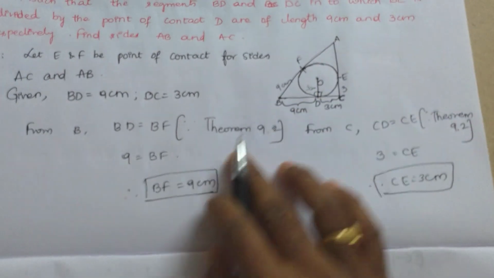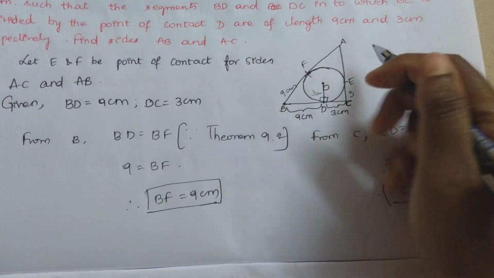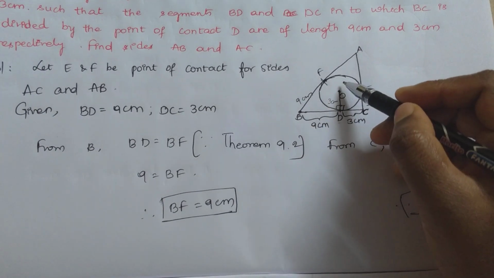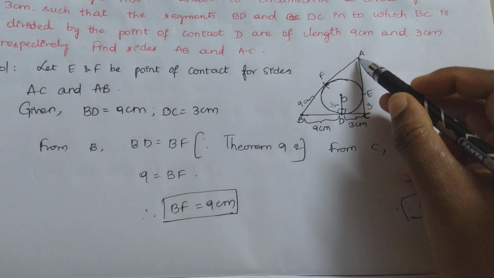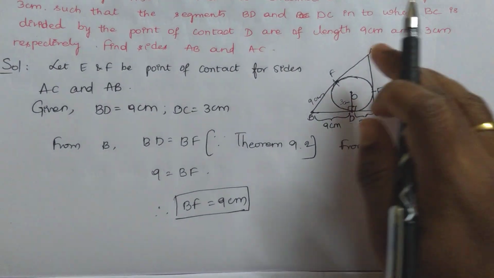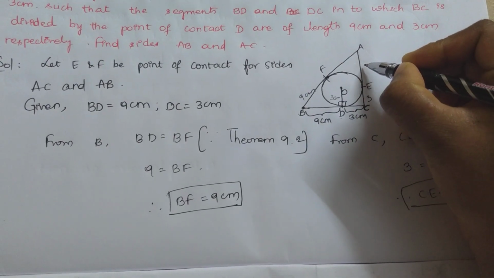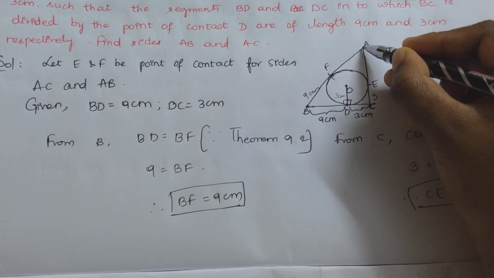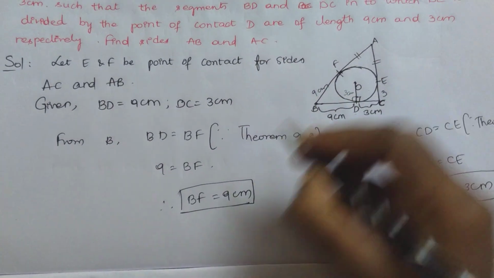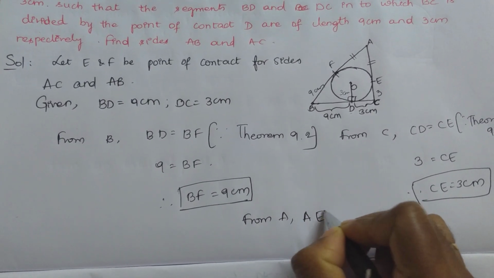So two vertices we have taken. Let's move to the third vertex. When you consider A as the third vertex, two tangents are drawn from the point A, AE and AF. But here no information was given regarding either AE or AF. We need to find either AE or AF, but we don't know either of them. So now what will I do? If any tangents are drawn from an external point, it means that their lengths are equal. Correct? So here also, from A, AE equals AF.